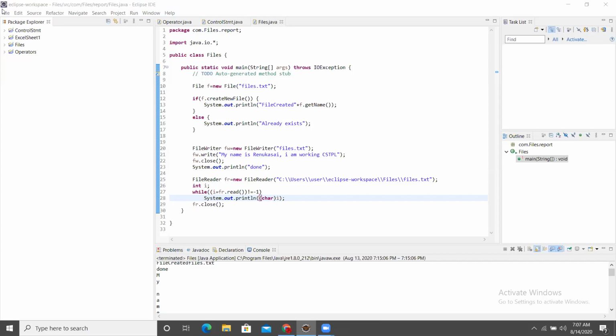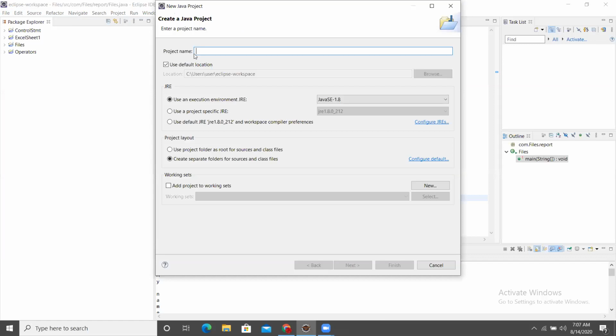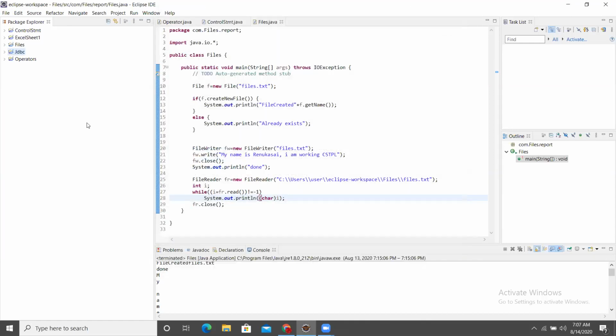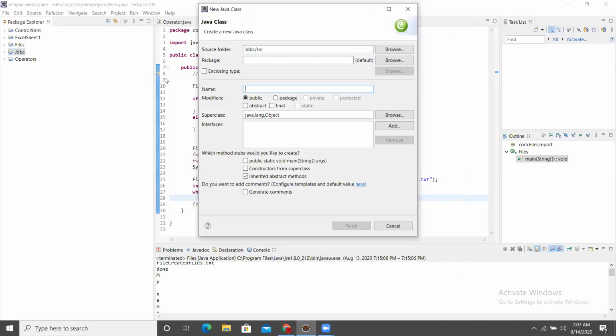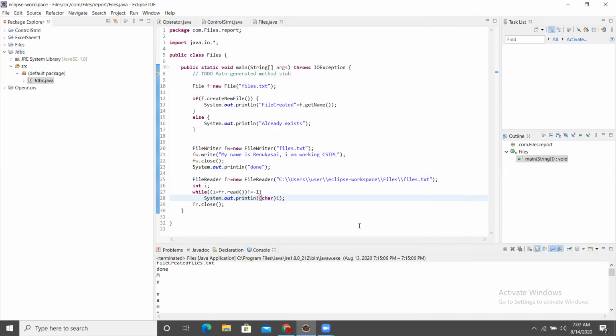File, new Java project, and give the name as JDBC. You can give whatever name.